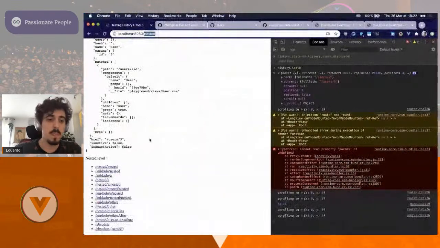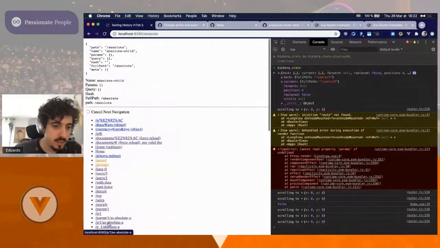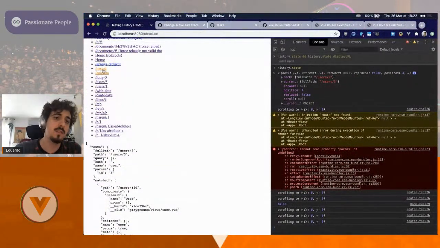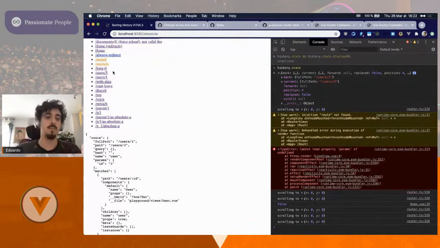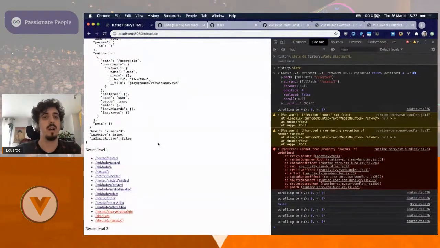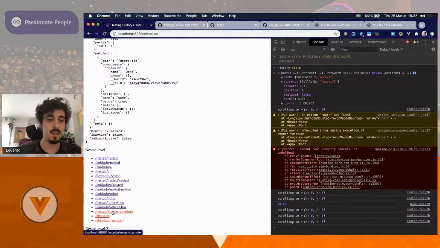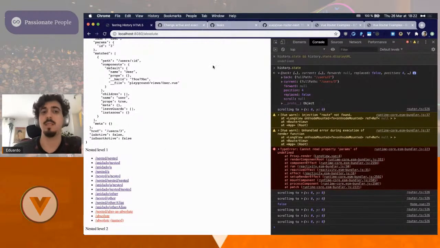So what is interesting is if I click here, for example, you'll see that these two links here are in orange because they are active, because they are the parents of the location where we are right now. And these ones, which are all aliases of the same route, even though they generate different URLs, are all marked as exact active because they represent the same location from a router's perspective. So this is a big improvement as well that is coming.